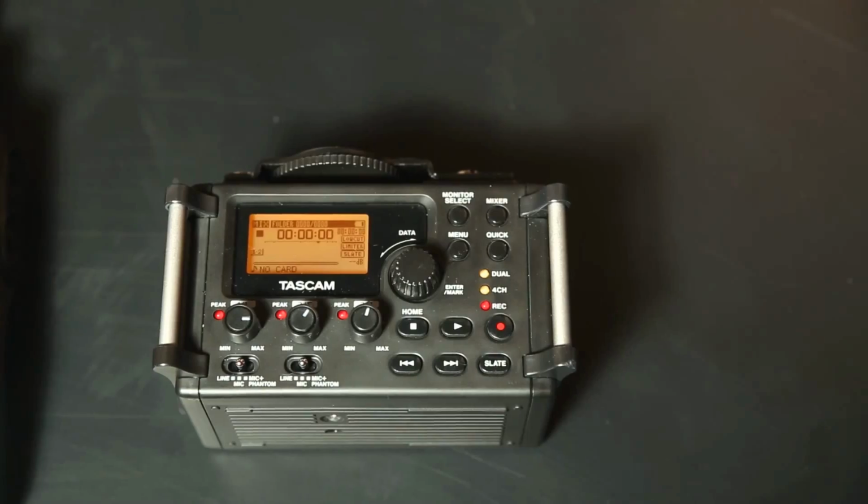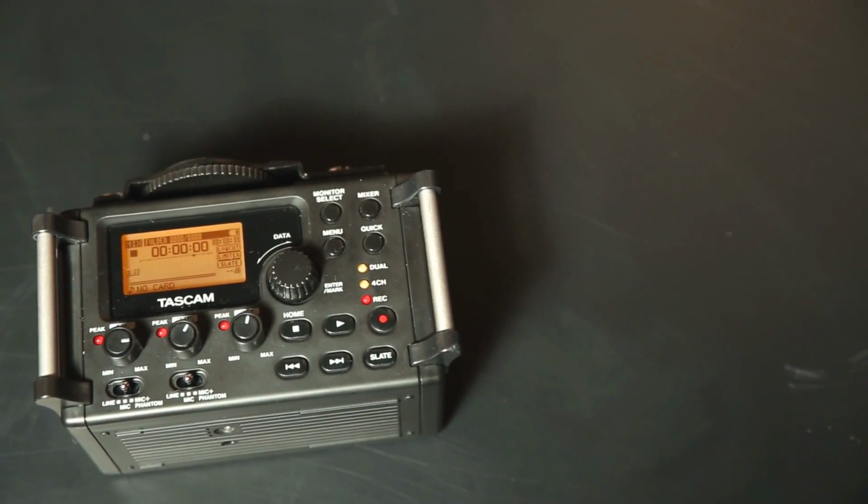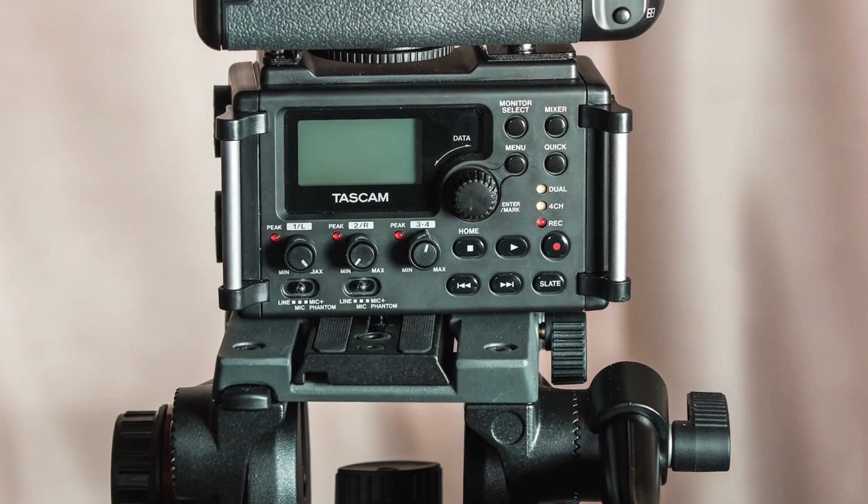This is Dan again from learningcameras.com, and I've got the Tascam DR-60 here, and I've been using this for a little while actually. I didn't get a review done of it or anything in depth when I first got it. This is really a field recorder. I wanted to put it through its paces and then just kind of give you guys my impressions after using this for a little while,